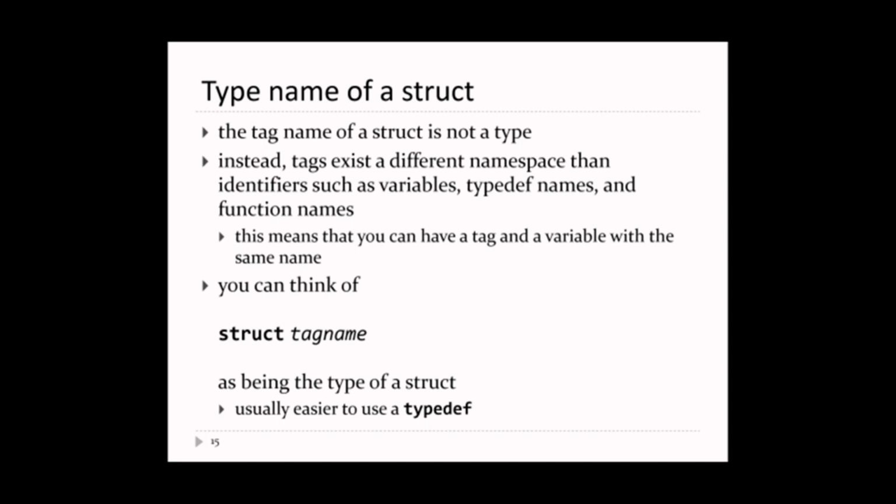Okay, so structures are a bit weird. When you declare a structure, the structure has what's called a tag name. The tag name is not the name of the type. The name of the type is struct followed by the tag name. The tag names exist in what's called a different namespace than identifiers such as variables, typedef names, and function names. And so what that means is that